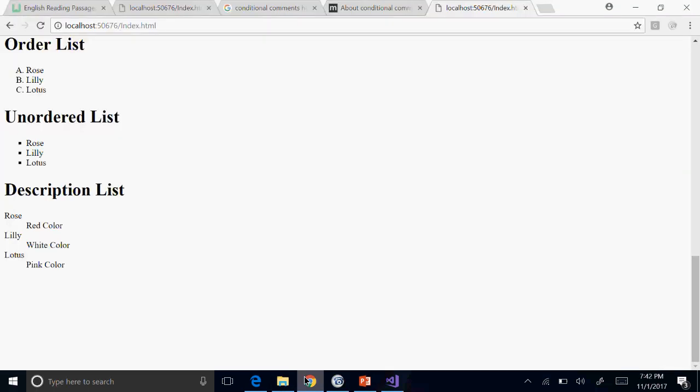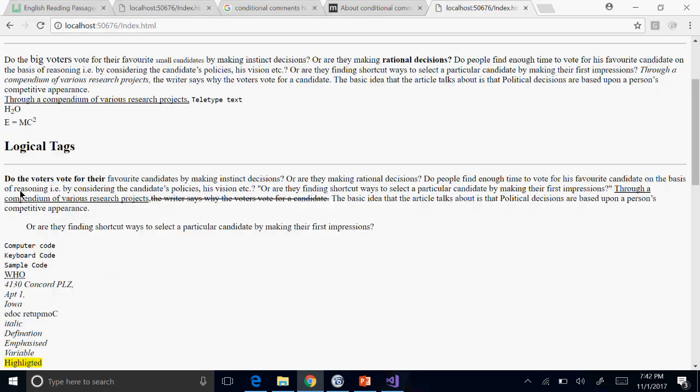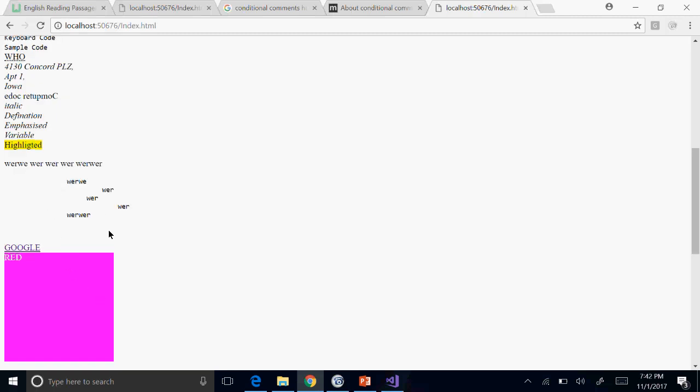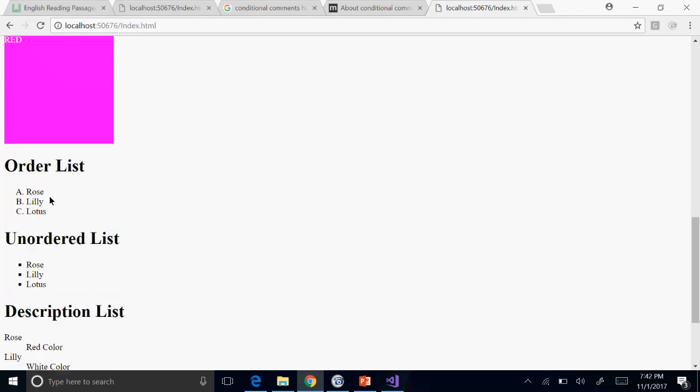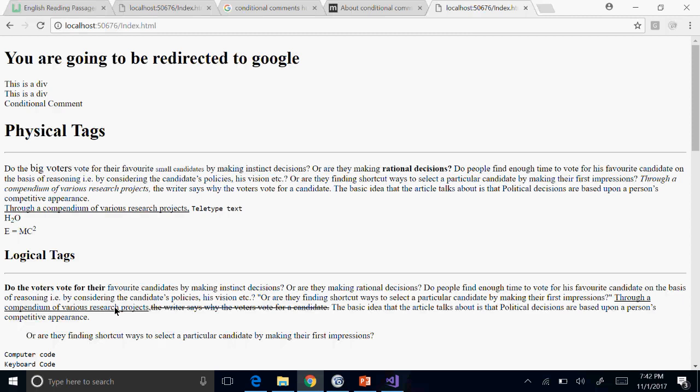You already saw how we can design something like this. Physical tags, whatever physical tags you want, logical tags, and anything like link, image tags, ordered list, unordered list, description list. Whatever tags we have discussed till now, meta tags, different things,